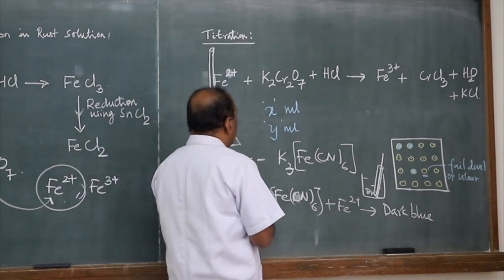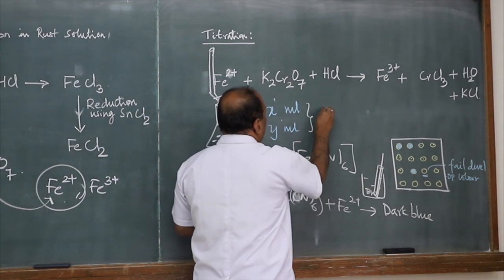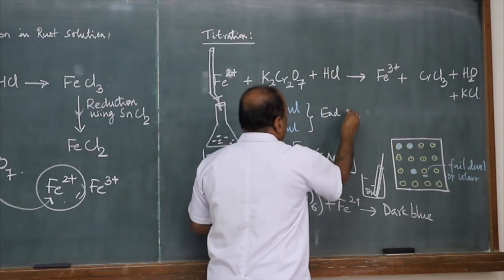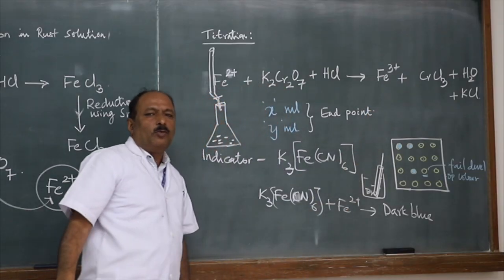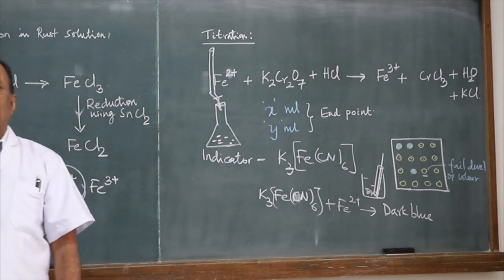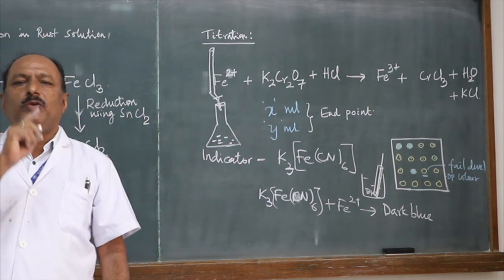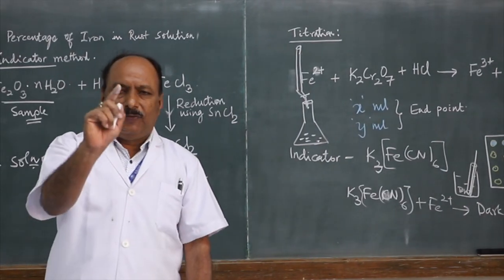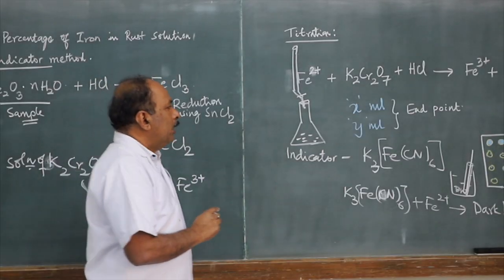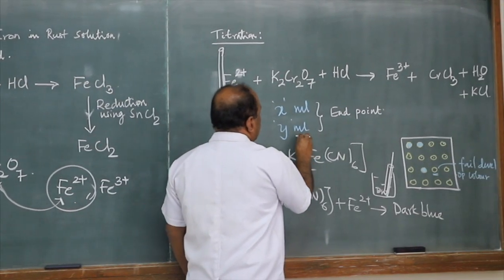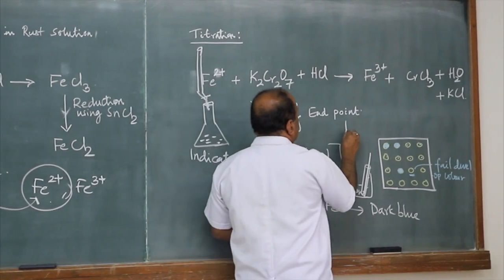Thereby, you will come to know that the end point lies, or the reaction gets completed, somewhere between X and Y. Therefore, in this trial, unlike in other titrations, we do not go on adding drop by drop to find the exact end point in the first trial. Here we will find a range of the end point. Therefore, this trial is called the pilot trial.